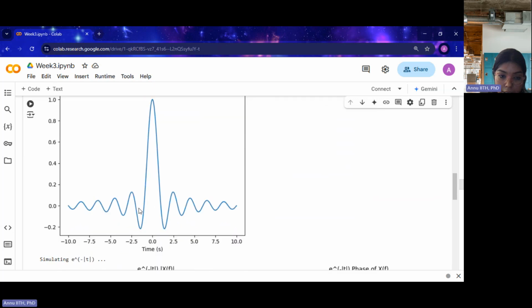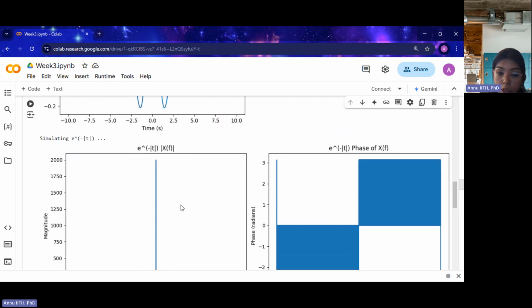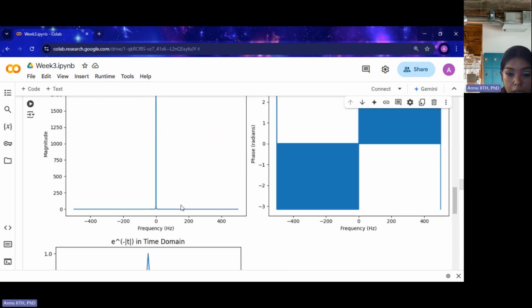It is like this. So 1 by t, you see 0 crossings. So it is 1 by t, 1 by t should be there. Simulating x of minus t. So the Fourier transform of that was 2 divided by 1 plus omega square. Okay. So it is showing